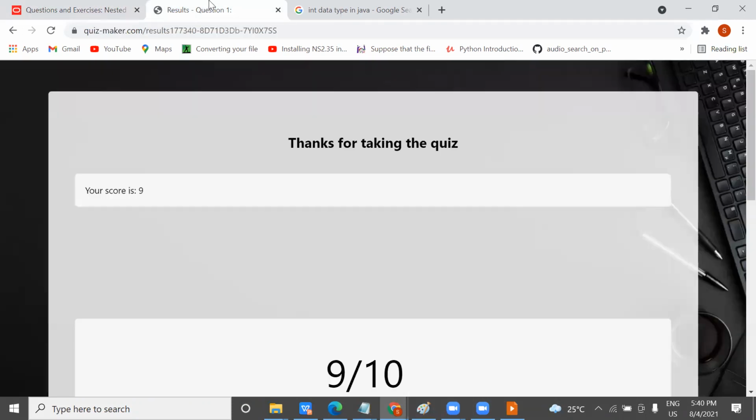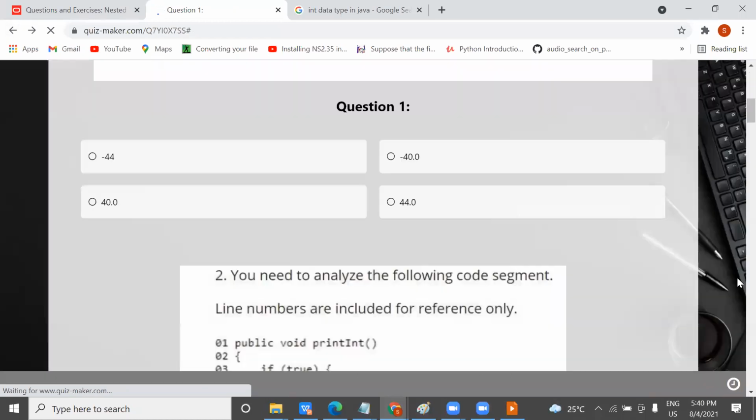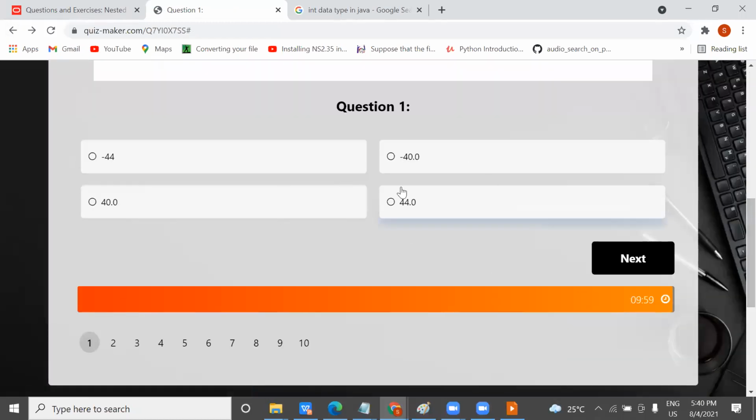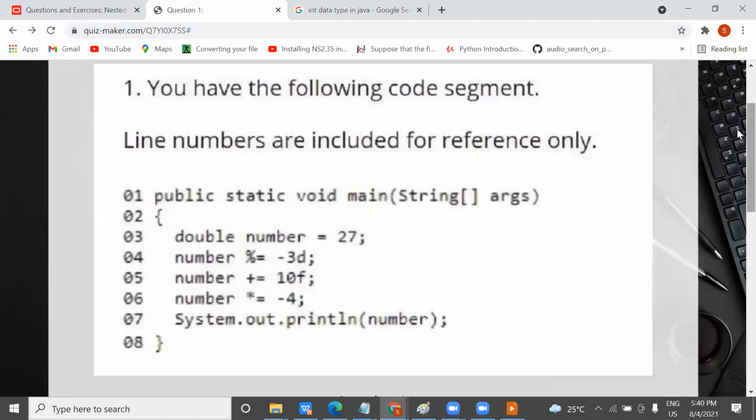And try to solve this quiz. Select the option based on your understanding, and this timer will keep running. See, I have given 10 questions, 10 minutes. You can try to do it and see how much you score.